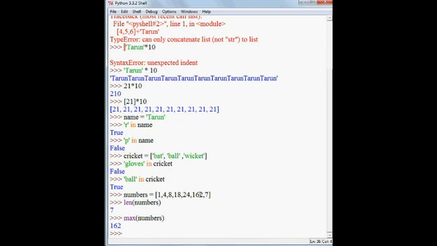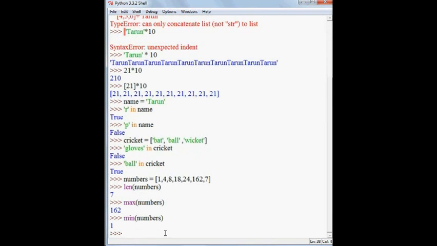You can see that the maximum number in the list numbers is 162. There is a similar function to max, which is minimum. If there is max, there must be min. The syntax is similar to the other two functions: type in min and in brackets the same name of the list.